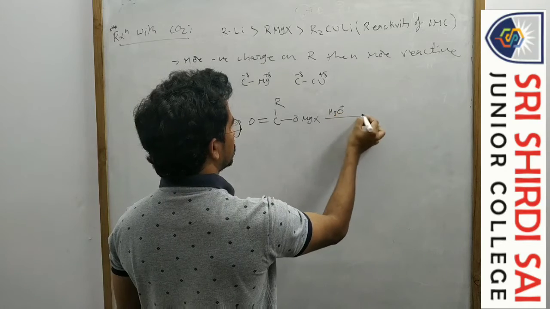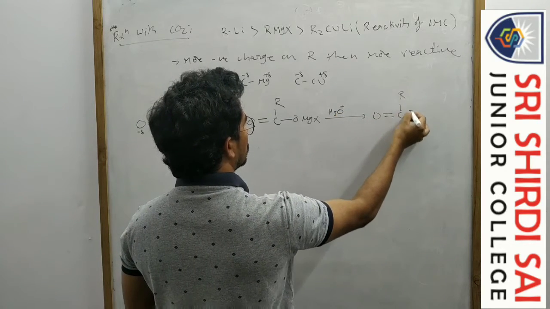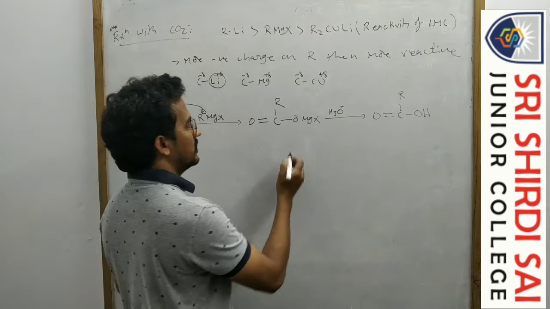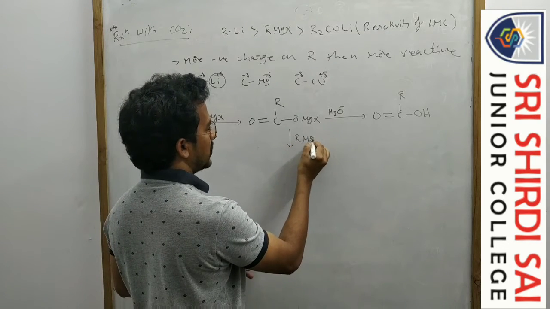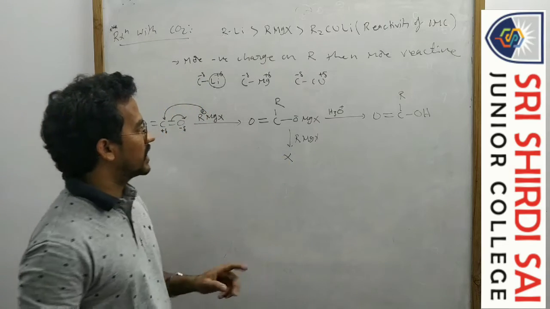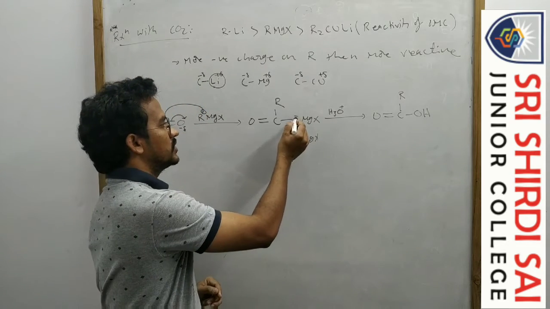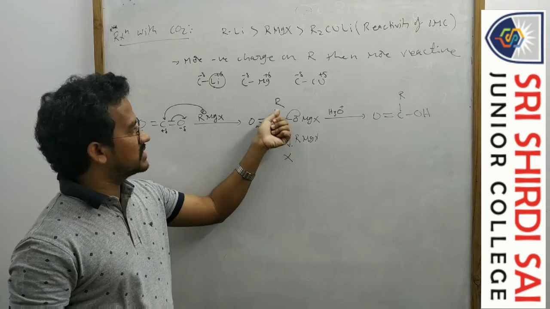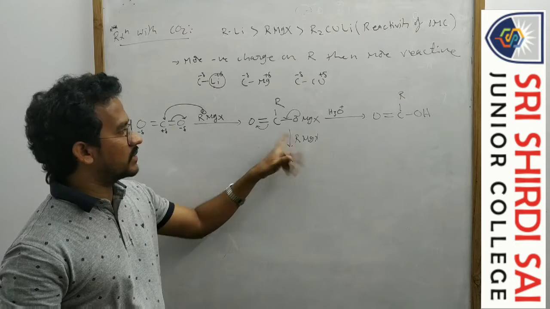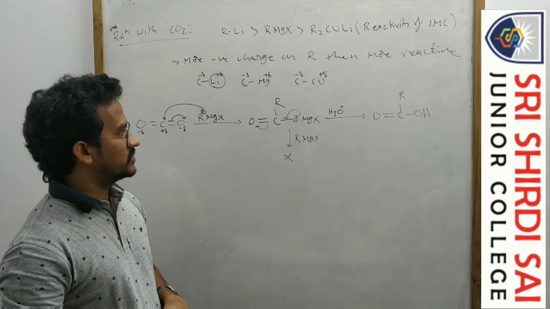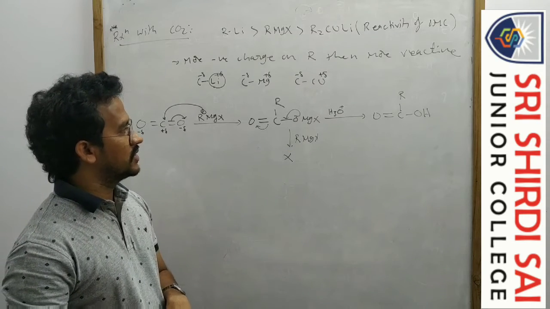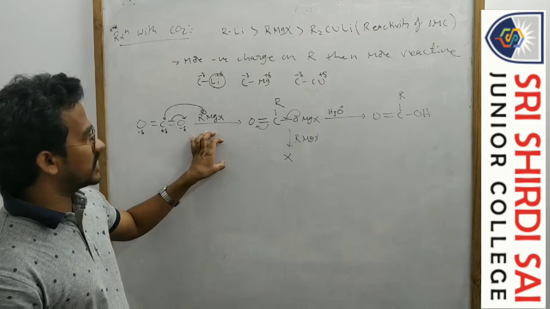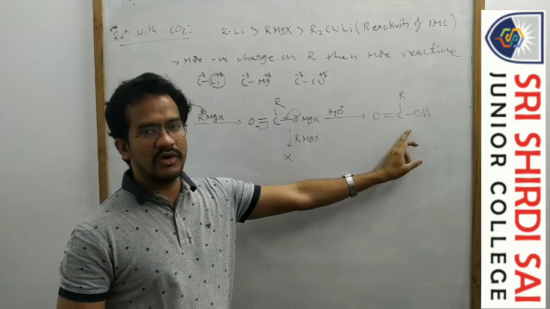This cannot react with the Grignard reagent further. Yesterday we discussed this: on further reaction with RMgX, there is no reaction, because O minus is a strong donating group, which decreases the magnitude of the positive charge on this carbon. So it cannot be attacked further by the Grignard reagent. Followed by hydrolysis we get the carboxylic acid. So CO2 on reaction with RMgX followed by hydrolysis gives RCOOH.